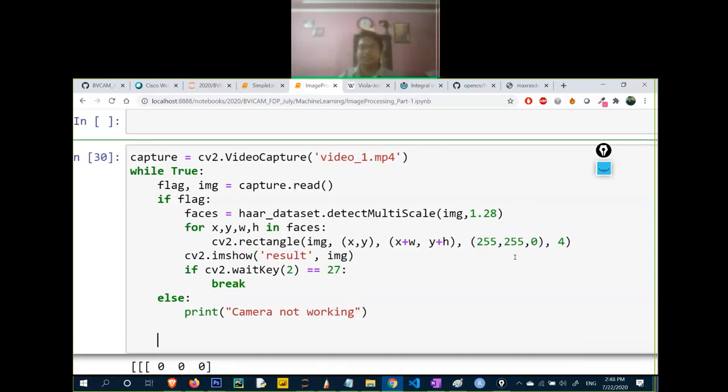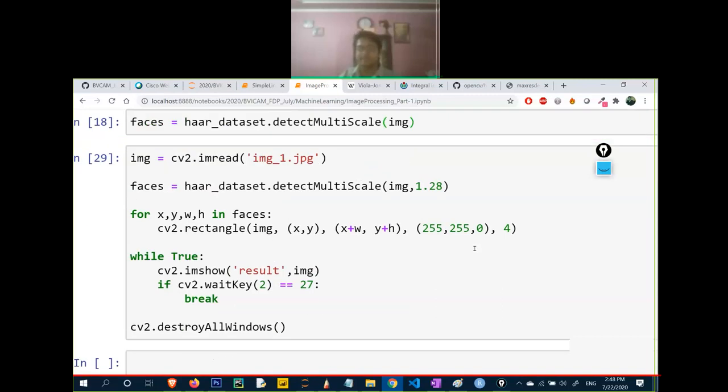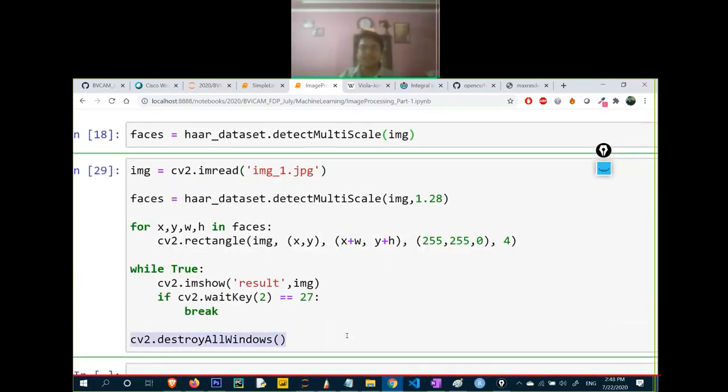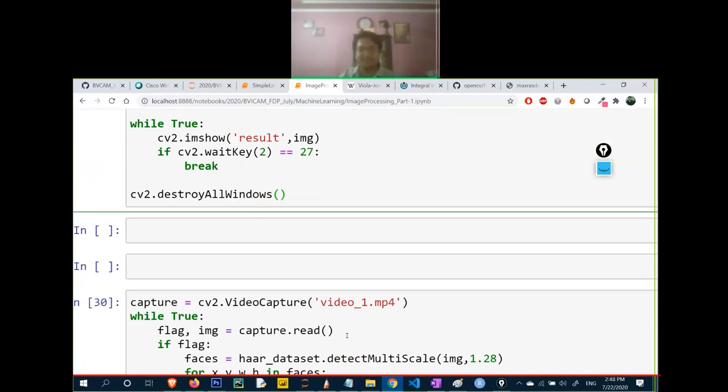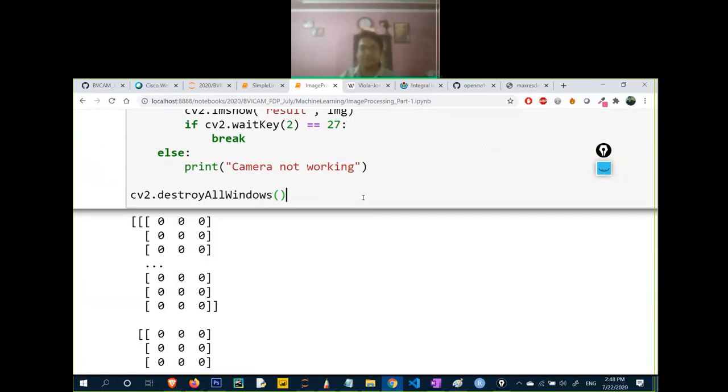And at the end, after the exit of this loop, copy this line. It will close whatever window it has opened.